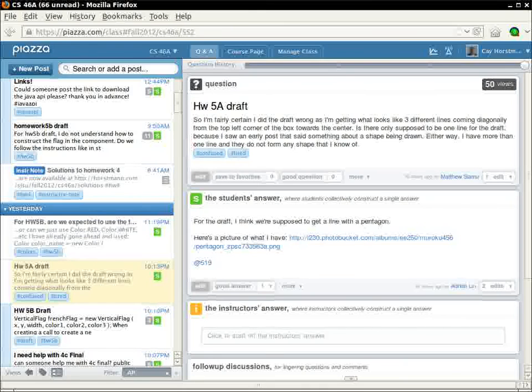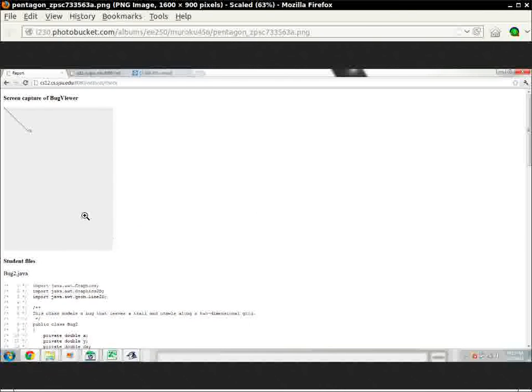Someone wanted to know. Sorry, he did the draft wrong. He gets 3 different lines coming diagonally from the top left corner out of the box towards the center. Oh, this is the one with the bug. Yes, and so let me explain the question here.